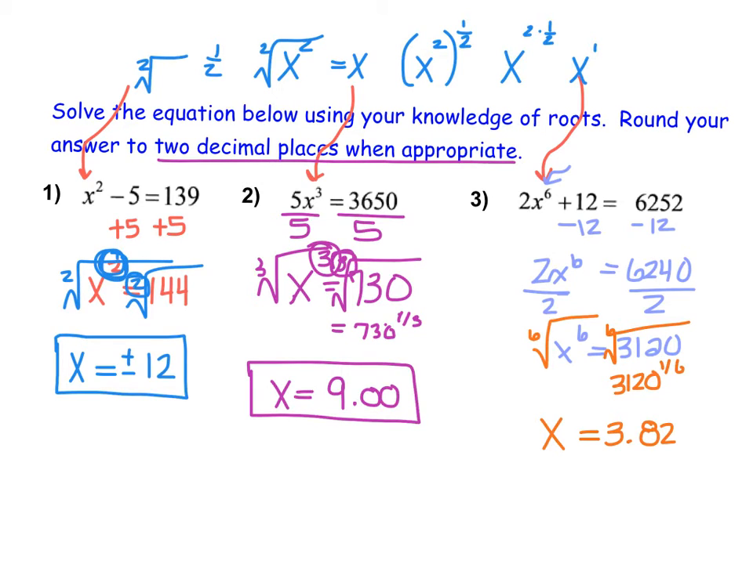3.82. Now for this one, I also have to decide, is it a plus or a minus situation? And when I think about it, I notice that this has an even power and an even root, which tells me that it is a plus or minus situation. So I need to give myself a little more space here, include the plus or minus 3.82, because 3.82 to the power of 6 would give me 3,120, and negative 3.82 to the power of 6 would also give me